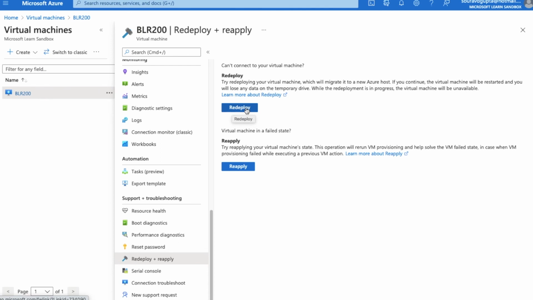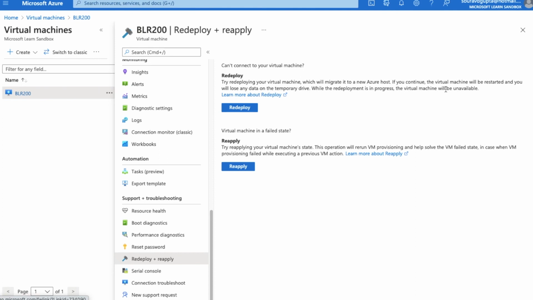What it does is, it will redeploy the virtual machine in another host within Azure. Suppose if any underlying issue or network issue is there, by selecting this option we can resolve those issues. Here it will say: try redeploying your virtual machine, which will migrate it to a new Azure host.